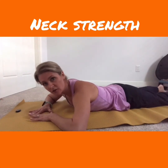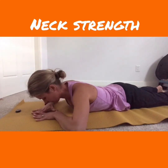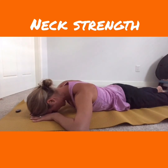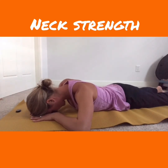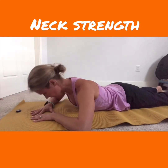Our last neck strengthener for you, same position, our hands into triangle. You're gonna drop your forehead down, relax. Then you're gonna squeeze those shoulder blades, set them into neutral position. Then you're gonna lift your head, extend,